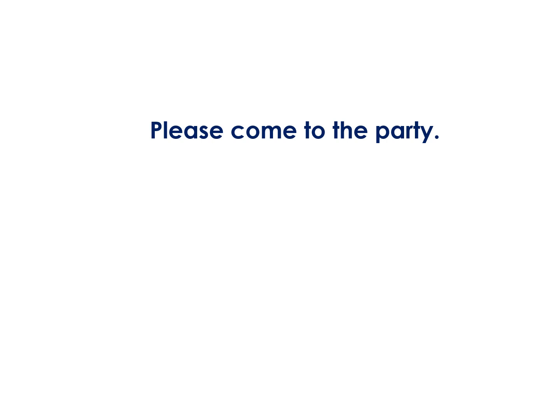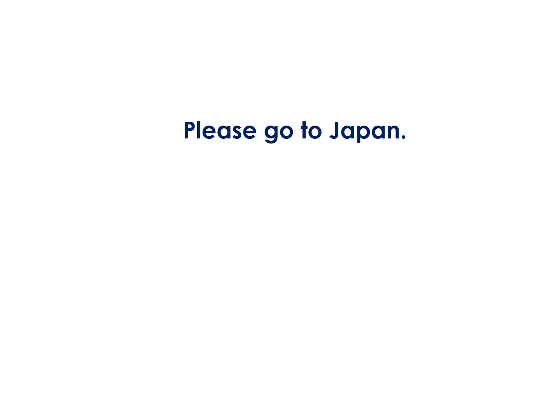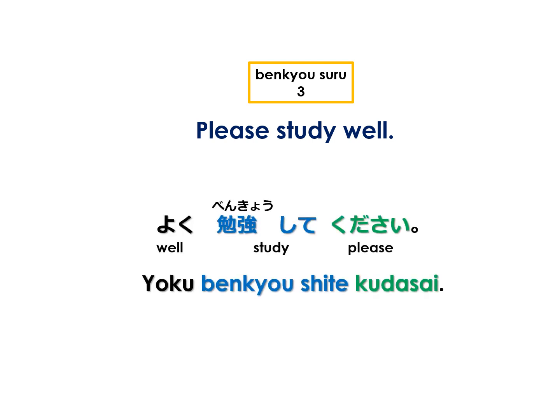Please come to the party. To come is 来る。In Japanese, パーティーに来てください。Please go to Japan. To go is 行く。In Japanese, 日本に行ってください。Please study well. To study is 勉強する。And well is よく。In Japanese, よく勉強してください。